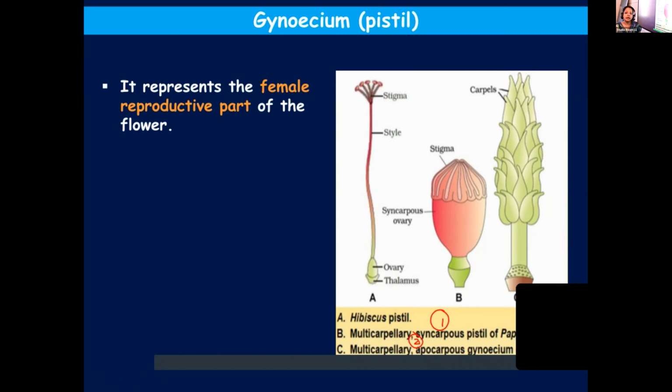Example, Papaver. Papaver somniferum you will learn, the poppy plant. There, the carpels are fused together. Many carpels are there, but they are fused together. So you call it syncarpous. You have learned syngamy, fusion of gametes, or fertilization. We call it syngamy because male and female gametes are fusing together. So remember that something is getting fused in syngamy. So here, syncarpous, carpels are fused together. And apocarpous, many carpels are there, but these carpels are not fused together.